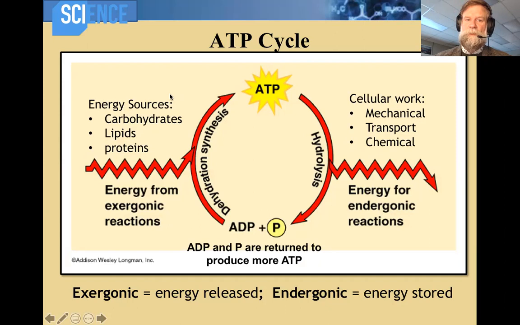But the body's really good at converting any of those into this chemical form, and that's going to be primarily by converting a significant portion of these to glucose. So we eat a whole bunch of food, carbs, lipids, proteins. They get digested, absorbed into the bloodstream in the small intestine. Some are going to go to the liver and stay there and get reformatted. Others are going to make it to the cells, and that glucose molecule will make it to the cells, and